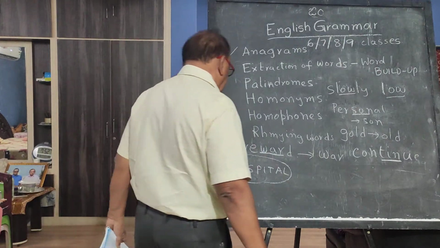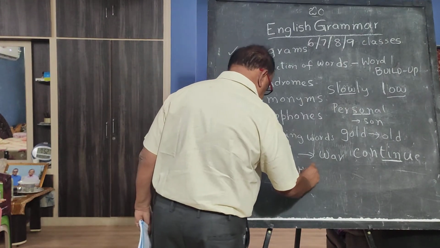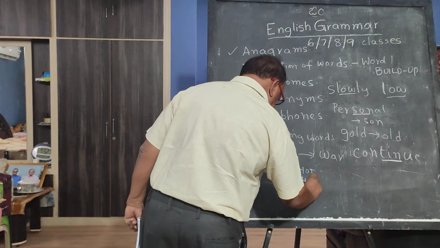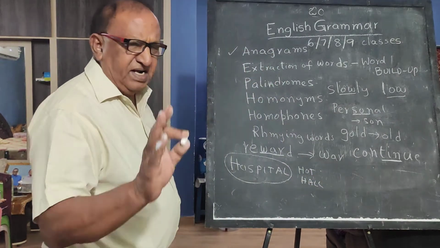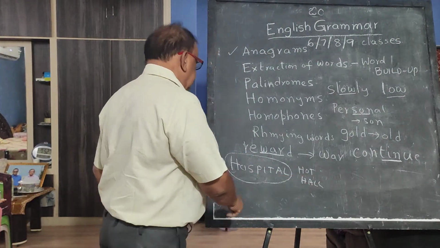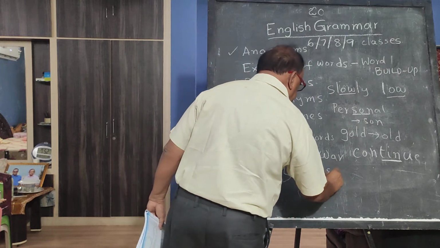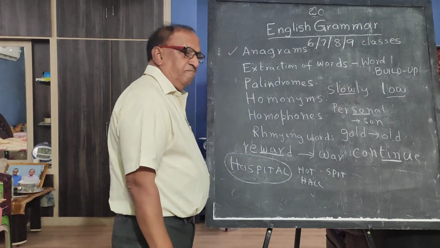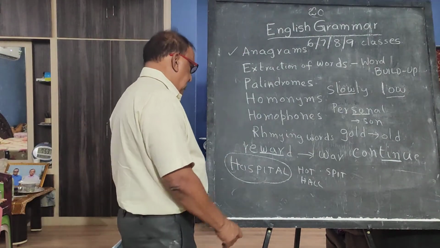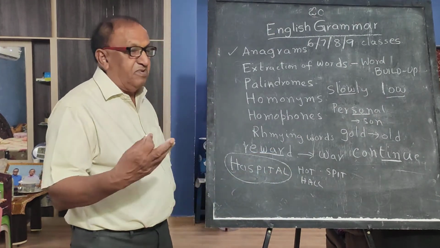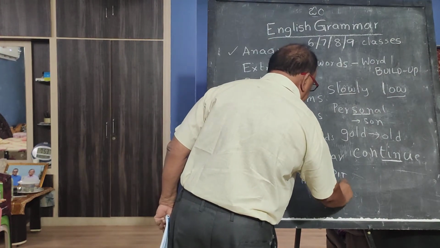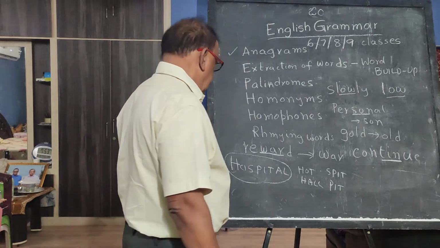Like for example, all right, H-O-T, hot. H-A-L-L. You can use the given letters a number of times, but no new letters. For example, S-P-I-T, spit. You have to know the meaning of the word. Some people may say, I will have a word like I-T-A-L. No, there may not be a word like that. So you should know the meaning of the word, spit. Similarly, P-I-T, pit. T-A, and I can see here,